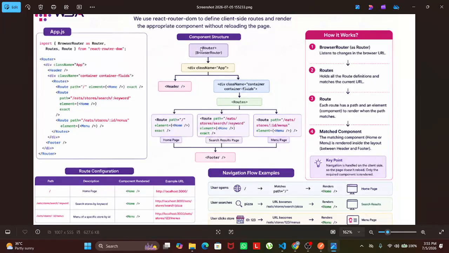The component structure is the BrowserRouter with a div of className equal to app. Next we go to the header and the container. Next goes the routes, then the path. Next is creating the store, the Redux store. So this is the home page, this is the results page, this is the page, and the footer. About BrowserRouter: